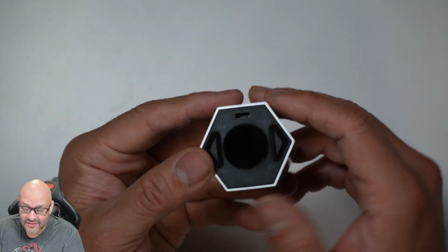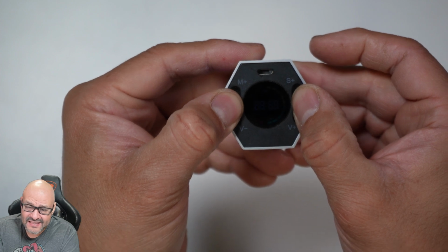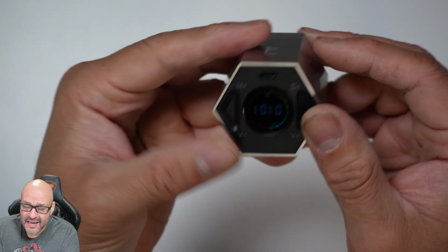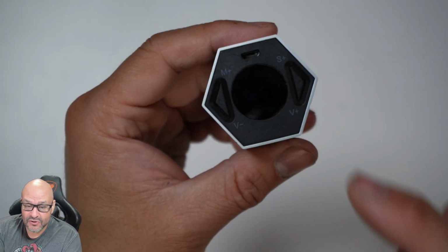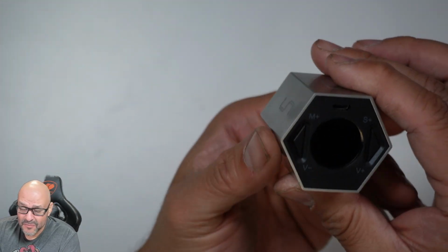So let's turn it on. So to turn it on, it's the same thing. Both buttons at the same time for 3 seconds. 1, 2, and 3, and it's going to come up. And it's a little faded right now. All right, so right now you might not be able to see it there. We're going to get a different look again, but this is a great timer if you're going to be playing